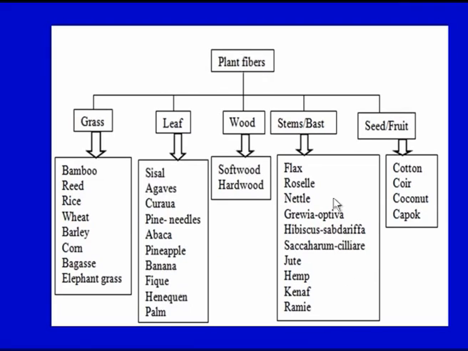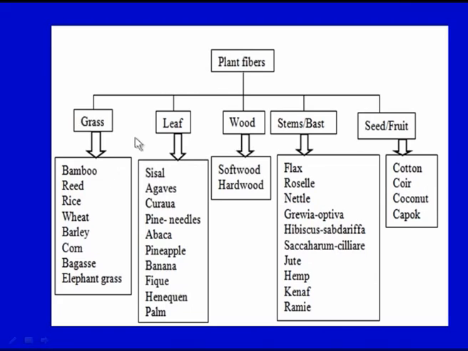These days there is a trend towards biodegradable composites. The fibers not only can be synthetic in nature, they can be natural fibers. There are different types of fibers which are available from plants also. This classification gives us an idea that fibers not only can be obtained synthetically, there are natural fibers available which are being used very widely in today's scenario in order to develop fully biodegradable composites.